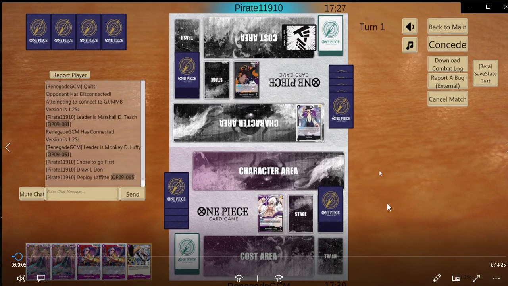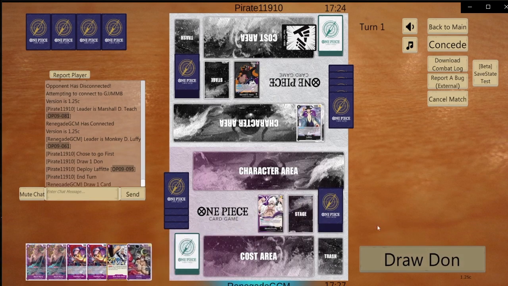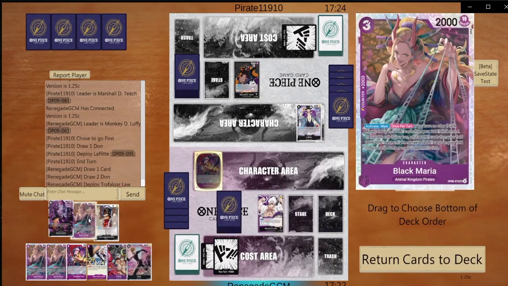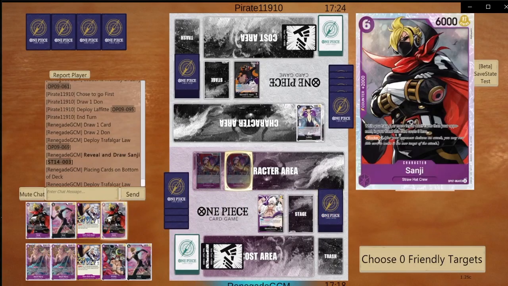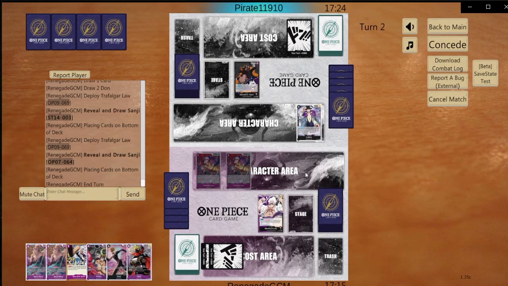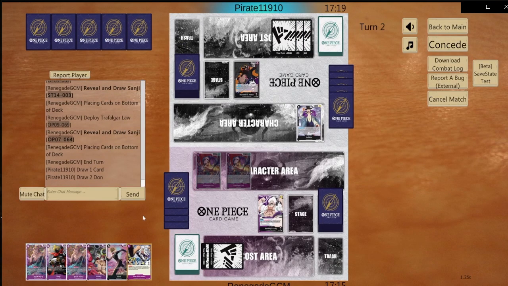Alright. Opponent chooses to go first, plays his Lafitte, ends the turn. On our turn, we'll draw our Dawn up, use our Law Searcher, grabbing the 5-drop Sanji, and we'll use the other Law Search to grab a 2k Sanji. Getting those on-play effects out as early as possible before Blackbeard decides he wants to start discarding cards to shut him off, so...